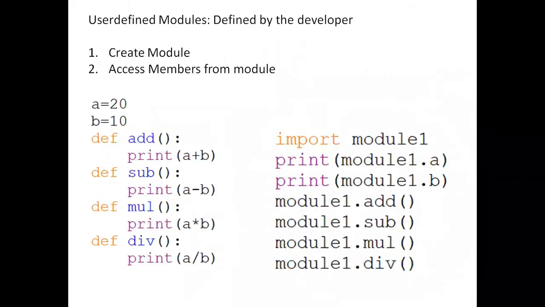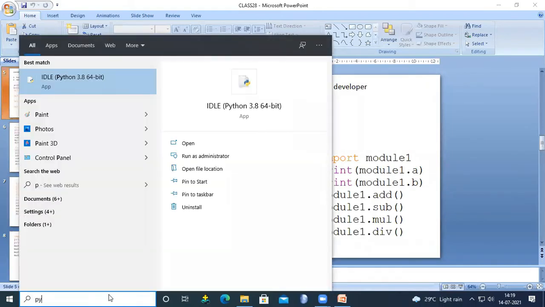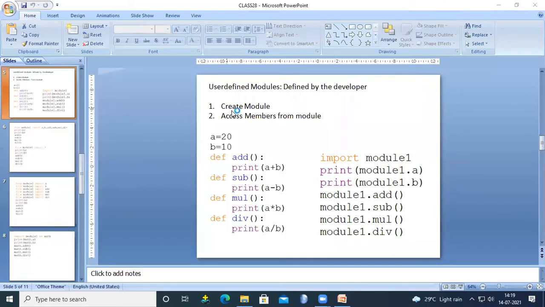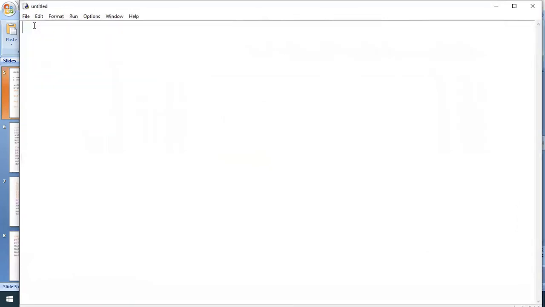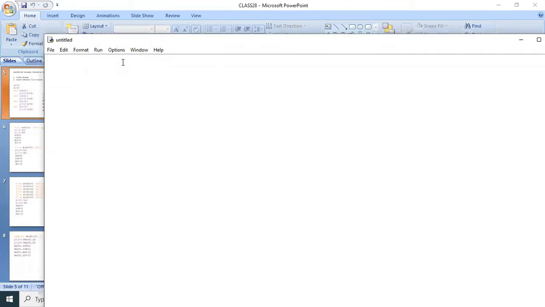Okay. First we are going to create a module here. Listen carefully. How do we create the module?